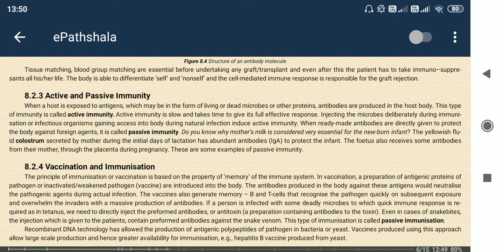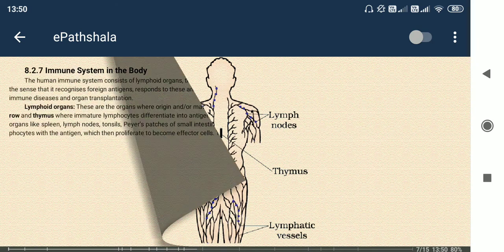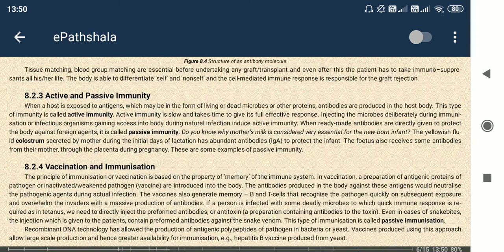So now coming to active and passive immunity. Active immunity means a microorganism or foreign particle, which we can now call an antigen, enters inside our body, and the body actively produces some form of antibody, okay. So the antigen enters, and in reaction to the antigen, antibody is formed inside our body. That is active immunity.